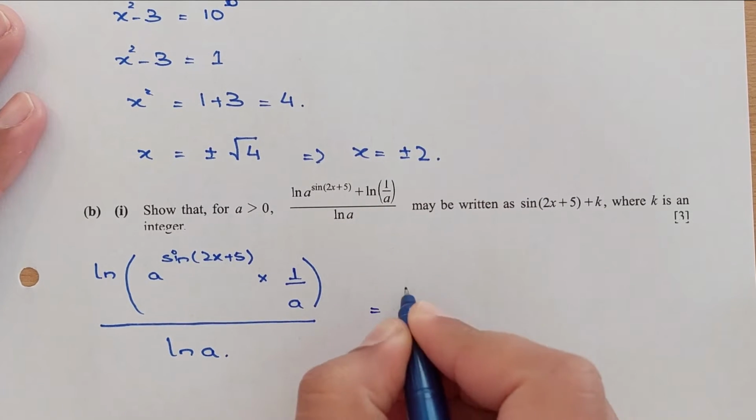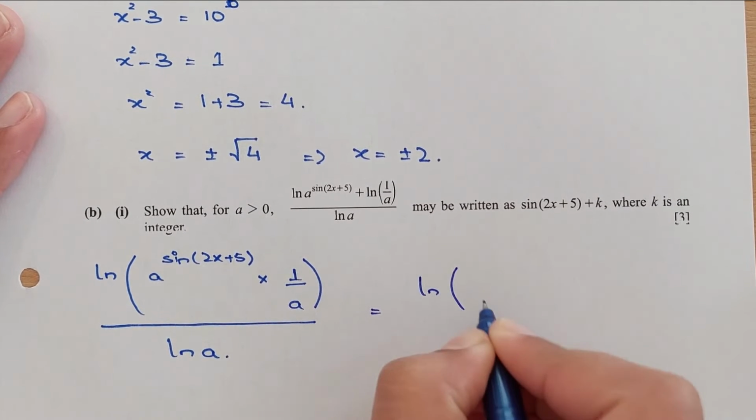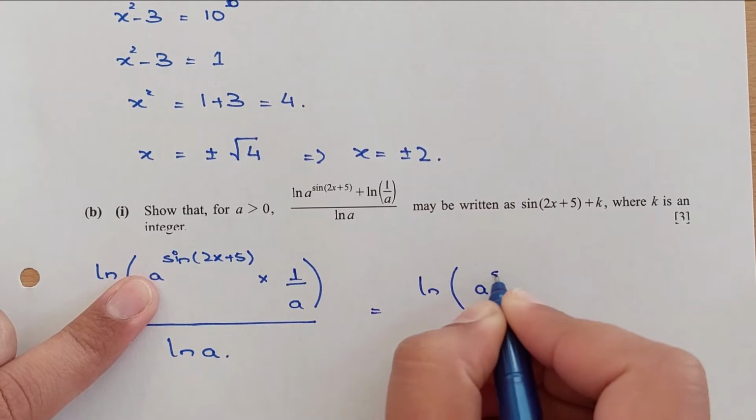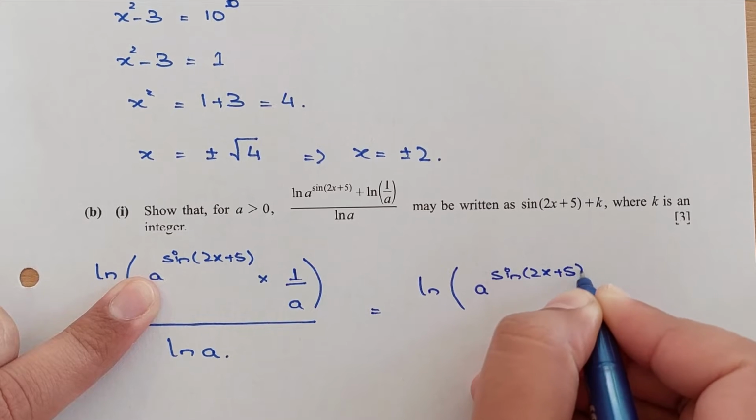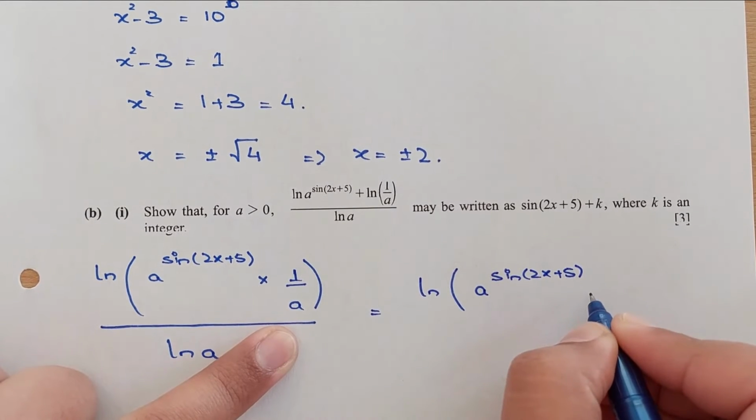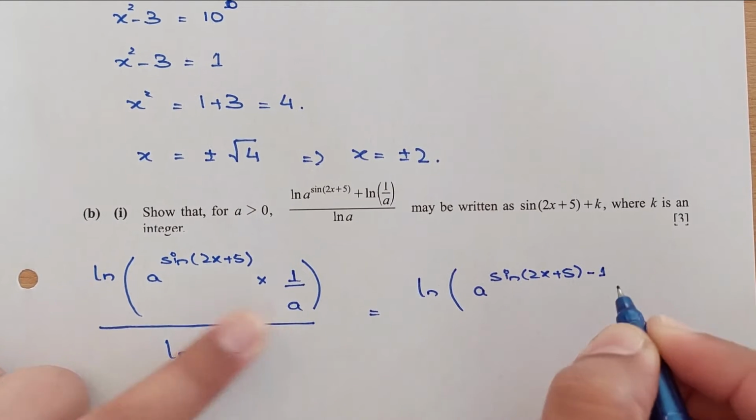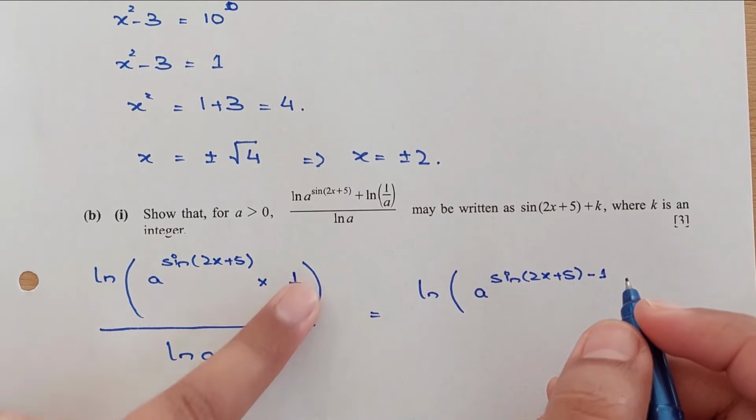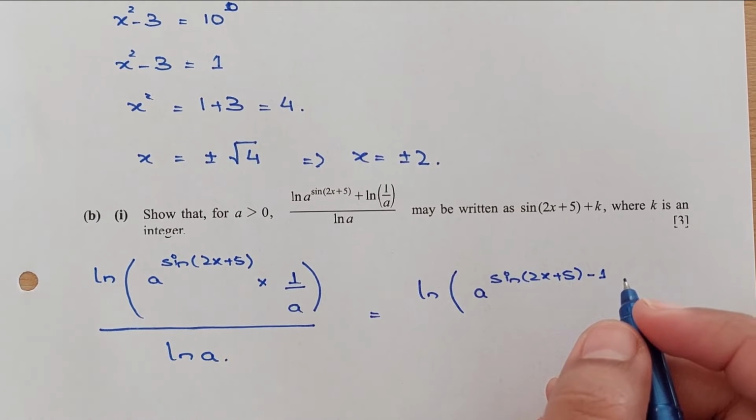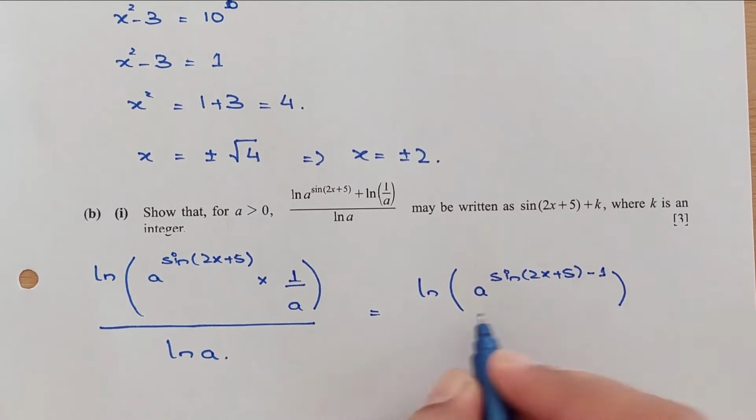Okay, further simplification. We have ln of a, and its power is sine 2x plus 5. In the product we have a, and its power is minus 1. So this a has power sine 2x plus 5, and this a has power minus 1. When bases are the same, we can add the powers. Divided by